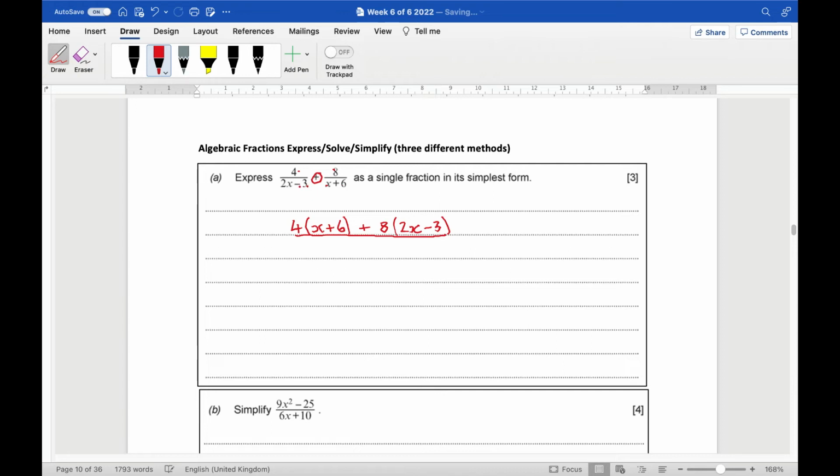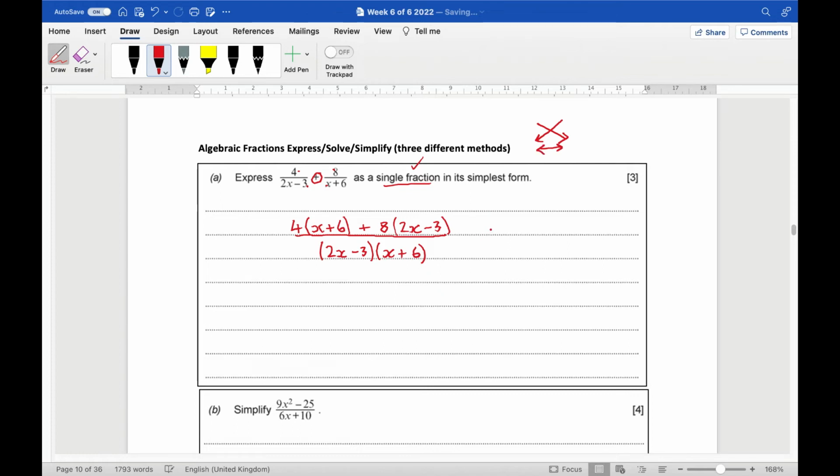you times the two bottom things, write them in brackets. So 2x minus 3x plus 6. Lots, right? We've done the first bit, we've got the single fraction bit, right? But the simplest form means expand every bracket you see, collect things together, you can collect together, etc., etc., right? So if we do that, but let's look at the method first of all. So it was that times that, then it was that times that, and on the bottom it was that